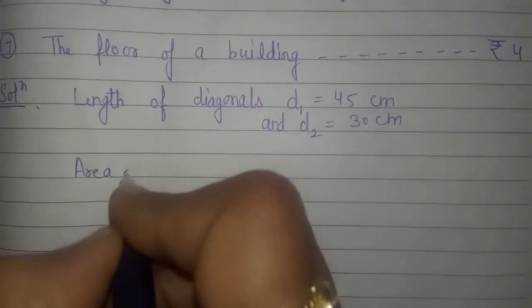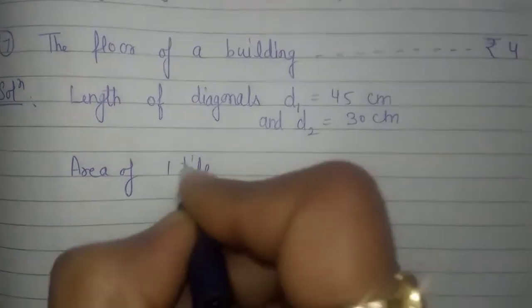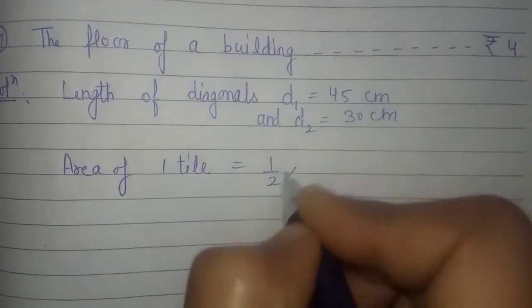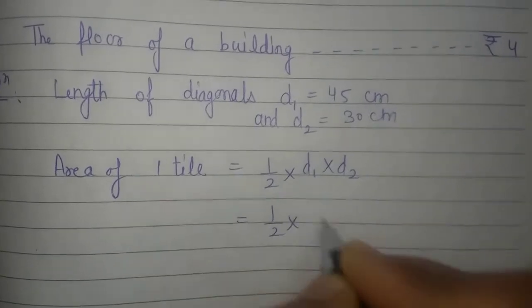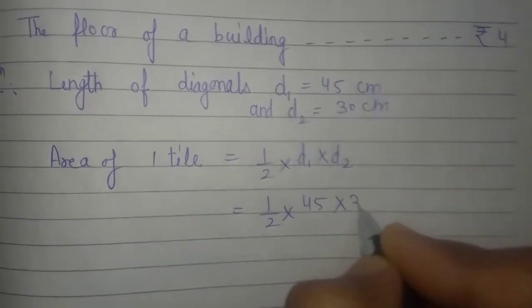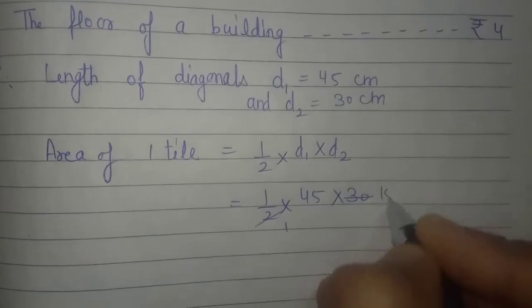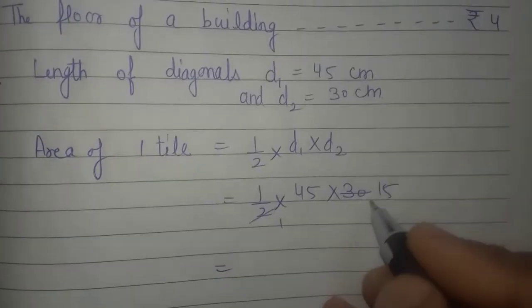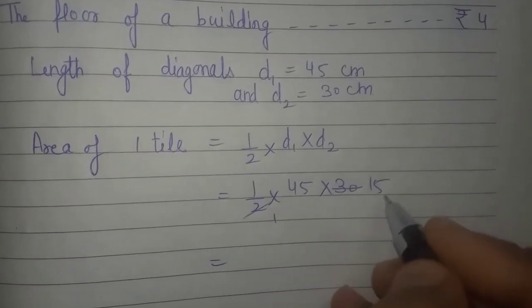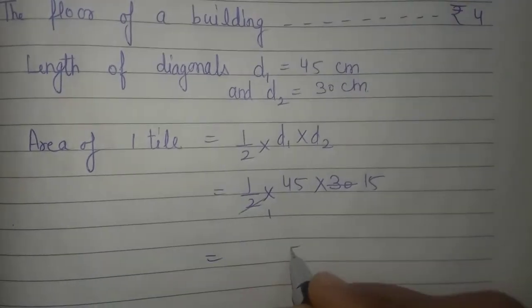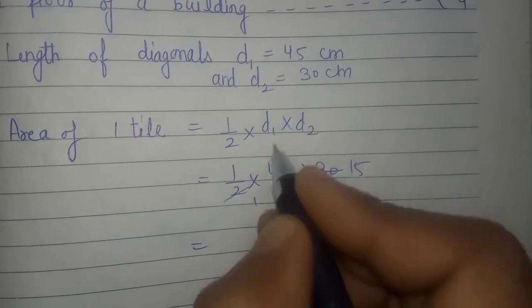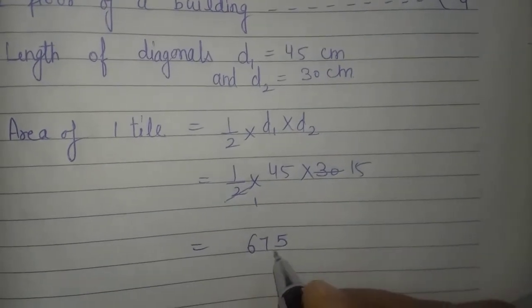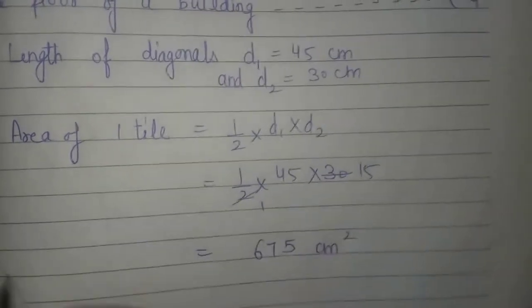Then area of one tile is equal to 1 by 2 into d1 into d2. 1 by 2 into d1 45, d2 30. 2 ones are 2, 15. On multiplying 45 by 15, we get 15 fives are 75, 7 carry, 15 fours are 60, and 7 added, 675 centimeter square is the area of